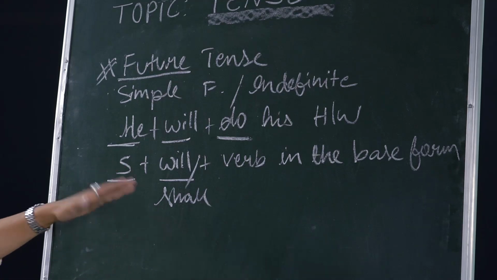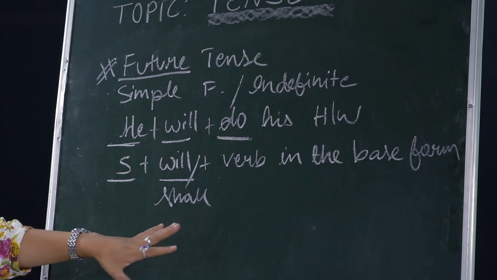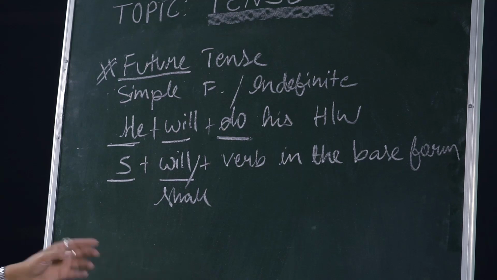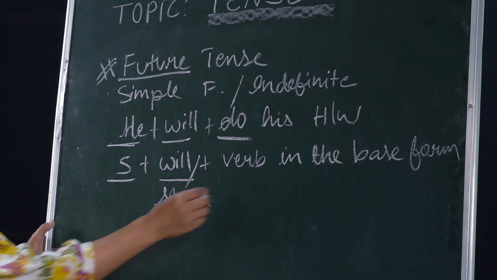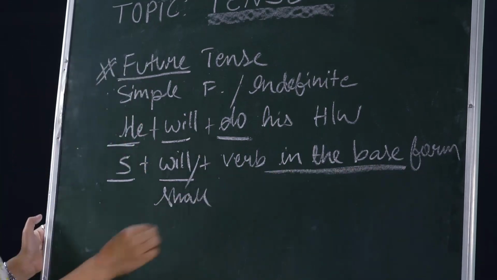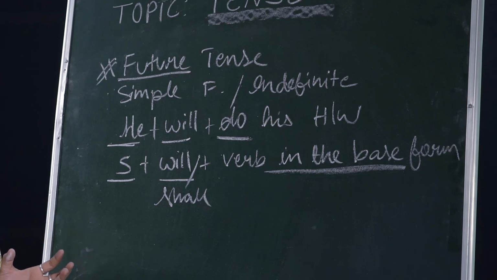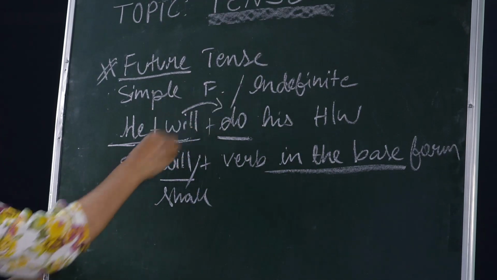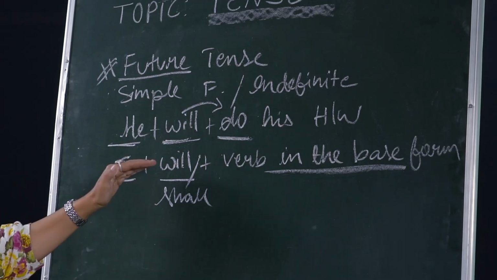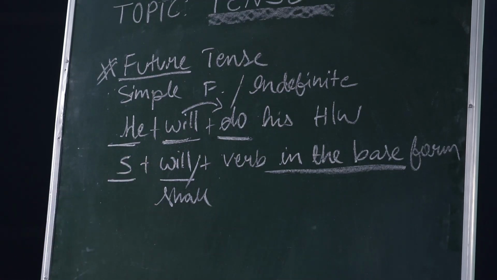For instance, I shall do my homework. So that denotes that it is going to happen in the future. So plus verb in the base form. The verb is always in the base form. Remember, when you see this, do not get confused thinking that it is in the present, all right? Because this verb is helping us understand that it will happen in the future. So that's about simple